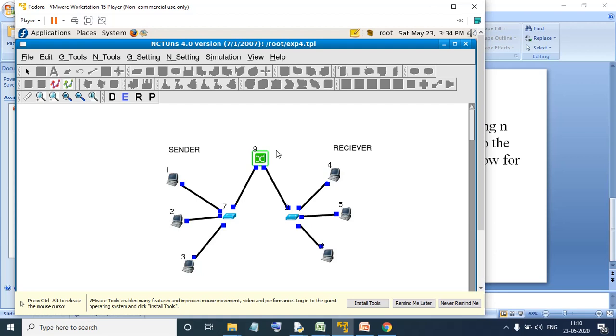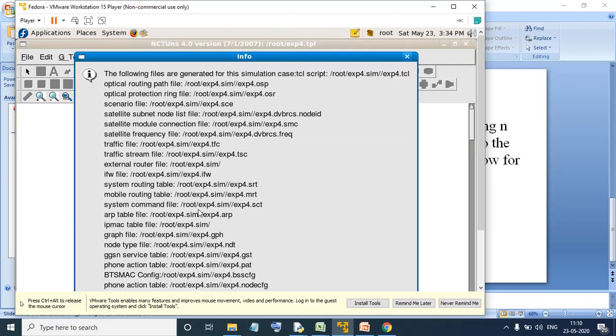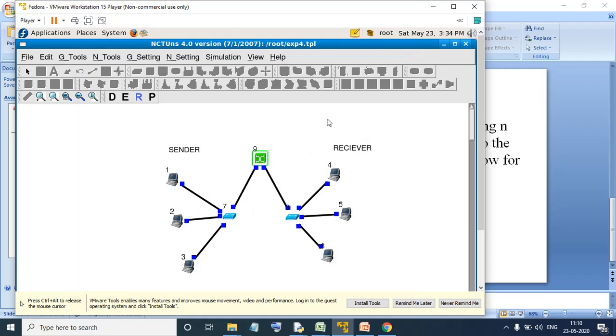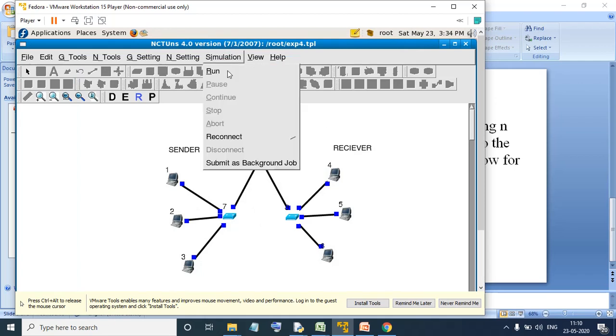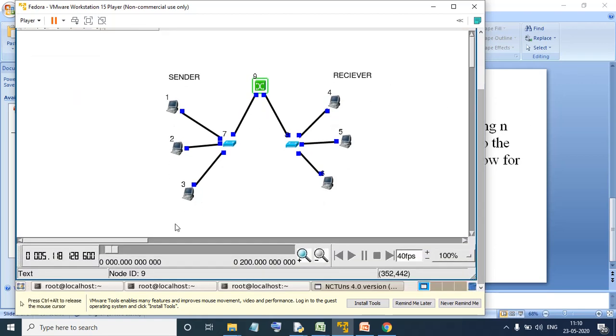So I guess these are done, and then the next step is to go for the run. So it will ask, do you want to save it? Say yes, and then your simulation you need to do. So go to simulation and say run. So just check in the down, is it running? Yeah, it is running. You can observe where the simulation is running.